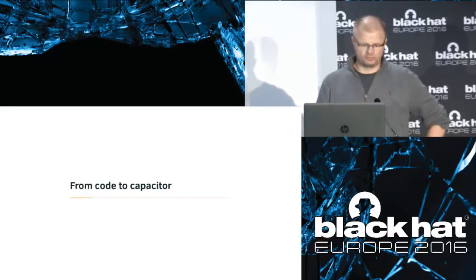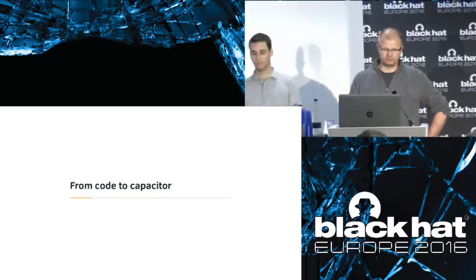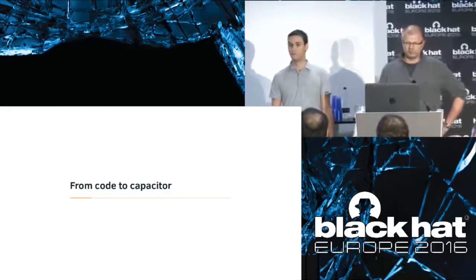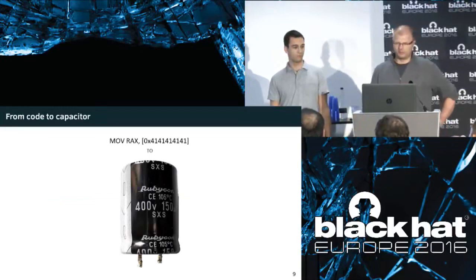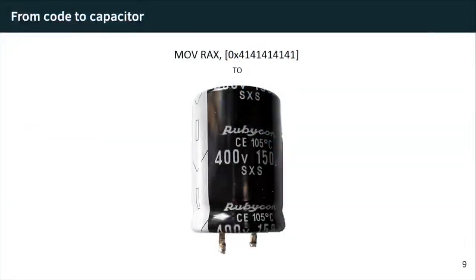So usually we want to leak secrets. There's nothing funny in leaking stuff that isn't secret, and secrets are usually managed by software and computers. So we need to find out how we go from software to DRAM, and here our software is symbolized with a move instruction, an x86 instruction, and DRAM is symbolized by a capacitor. If you're asking yourself why a capacitor, well, DRAM stores data in capacitors. There's a capacitor for each bit. If the capacitor is charged, the bit is 1. If it's discharged, it's 0. So we need to find out how we get from this move instruction to these capacitors.